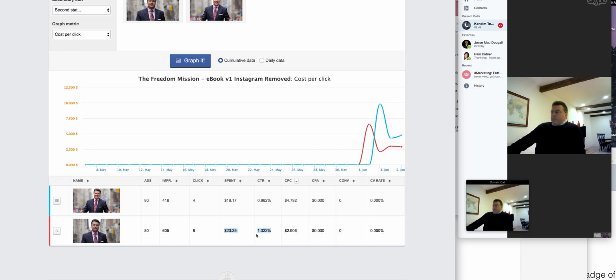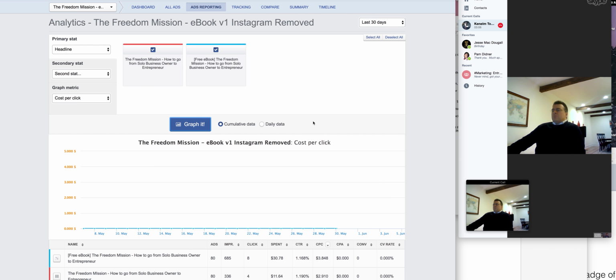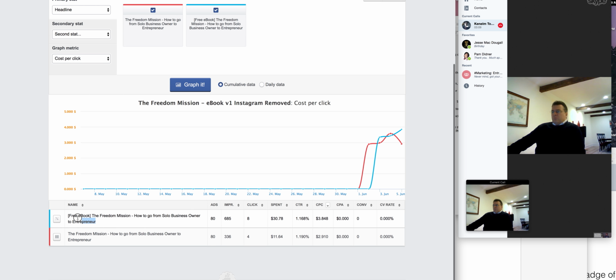So it's got a higher click-through rate. All these little optimizations, like when I pause out this one, are going to boost our click-through rate and decrease our cost per click. For example, this one was double the cost per click than this image. So by removing those, we're going to bring our KPIs, our CPC and CTRs, into the range we talked about. Let me show you some other things, and this is good stuff because we're going to be able to use this moving forward. This version of the headline is performing better, even though slightly. Now, you can say that it doesn't because the cost per click is higher, and the CTR is actually,